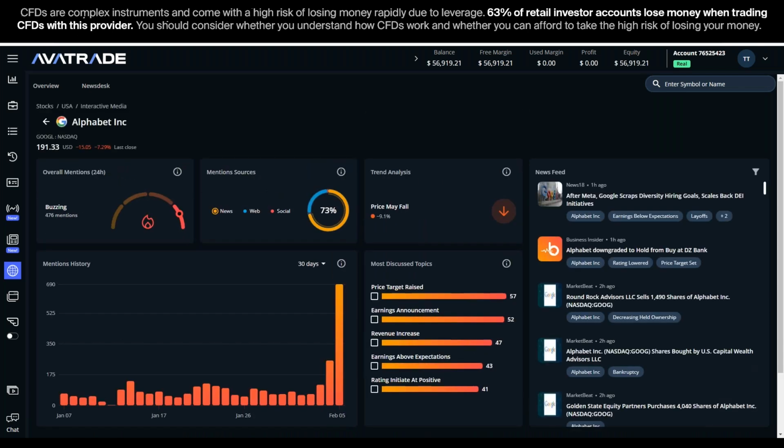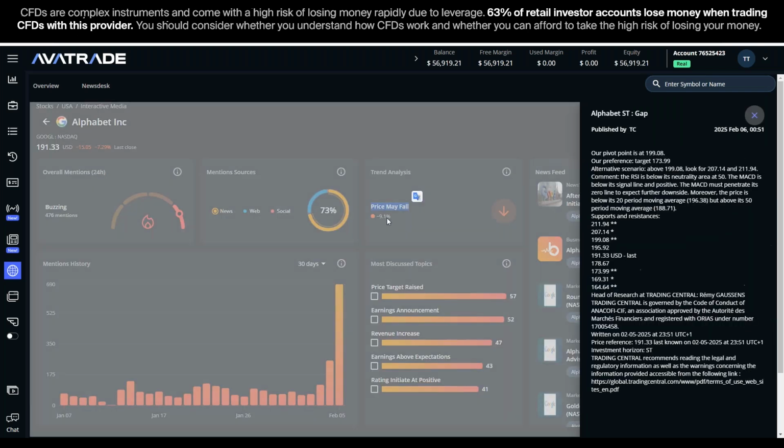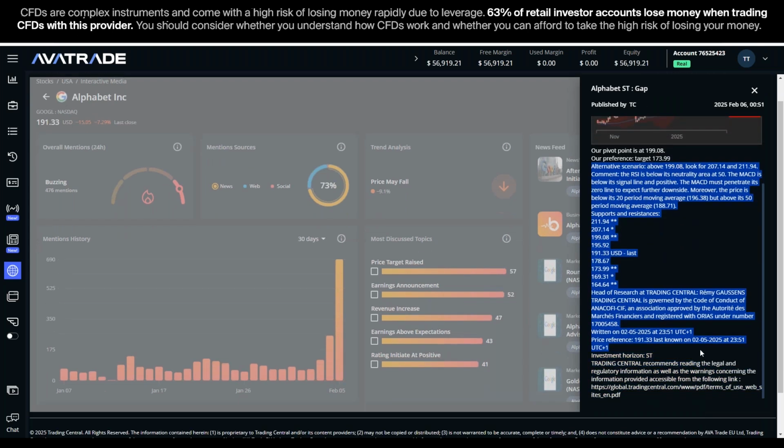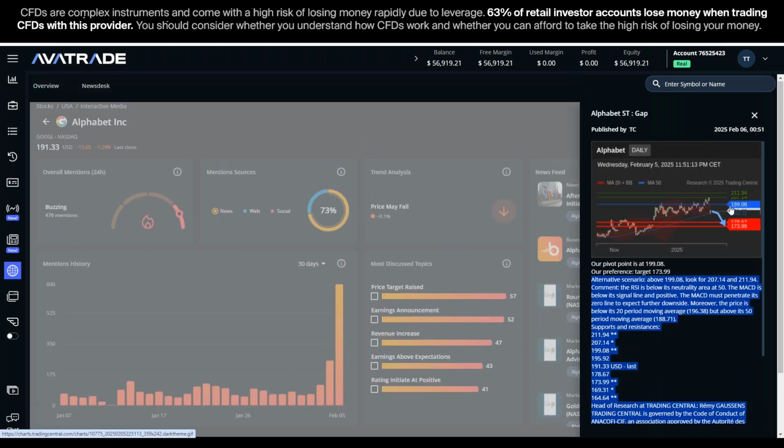For a long time it was NVIDIA and other companies. So I see something's going on with Google that's negative. The expectation is the price may fall over 9%. Here's the technical analysis breakdown. The support levels are down here, and the expectation is Google may drop down into this 173, 174 range. That's the technical prediction, and they give you the technical analysis breakdown here. So if you want the technical analysis, there it is.